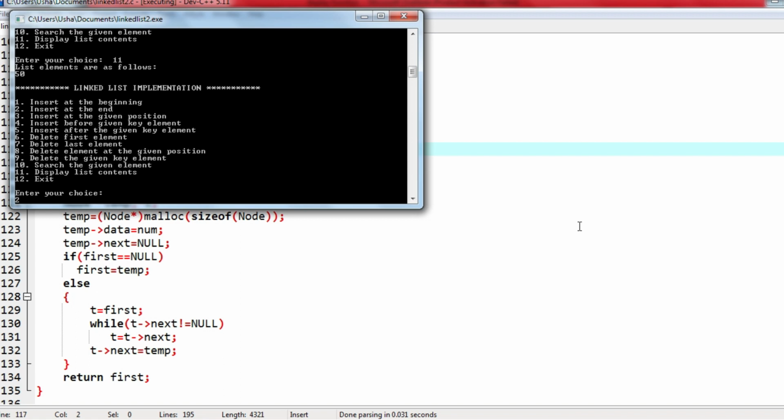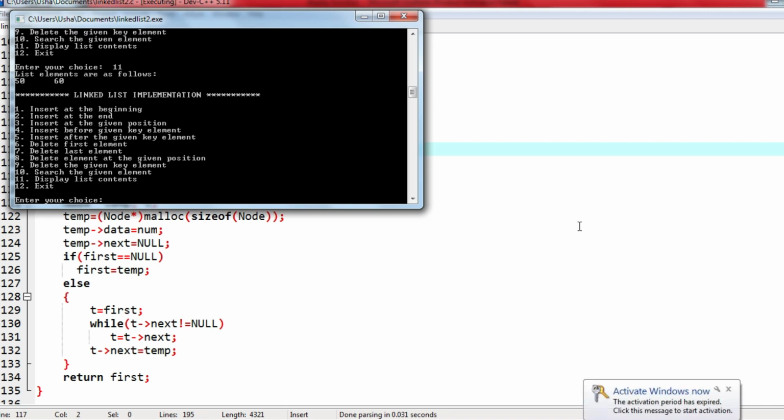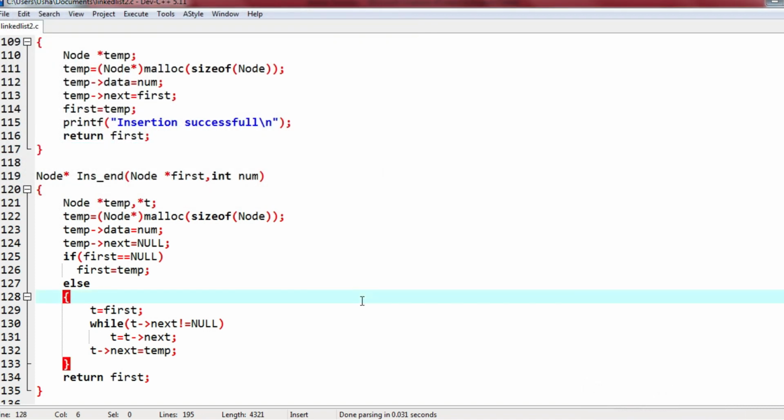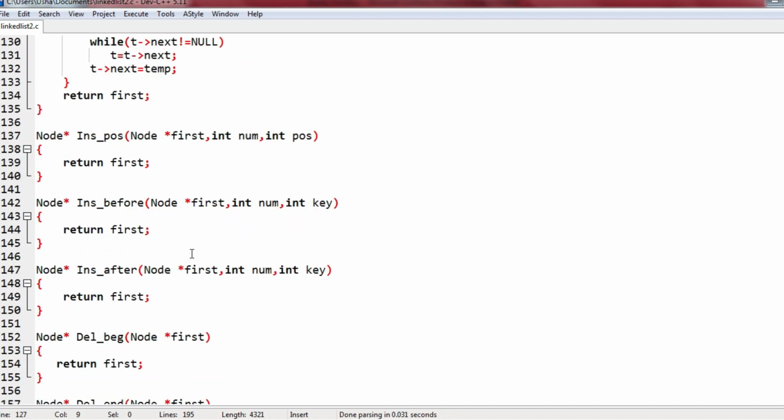Again I'll give insert at the end, 60. See, we have got 50, after that we have got 60. So the program is working fine whether the list is empty or whether it already contains some elements. Inserting at the end is also working correctly.